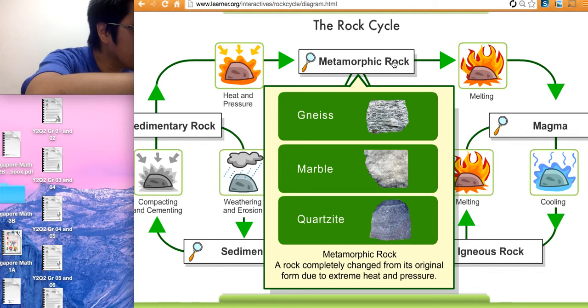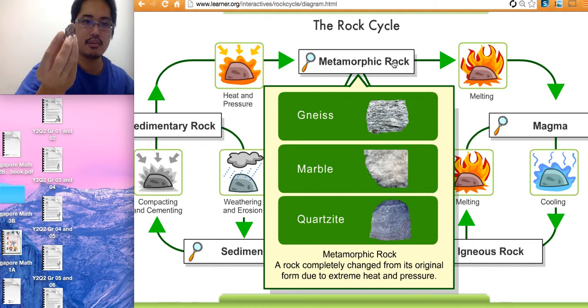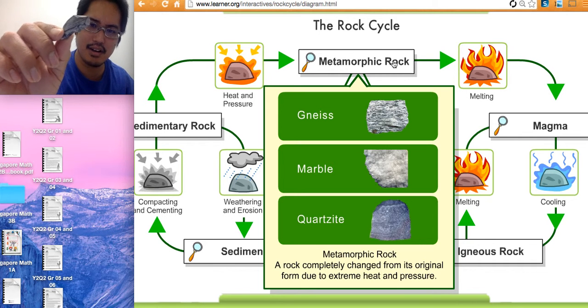and you have marble. I think my marble is over here. No, that's slate. Ah, here, this looks like a red marble. All right, you have marble and you have gneiss. I don't know how to pronounce that one. Anyway,